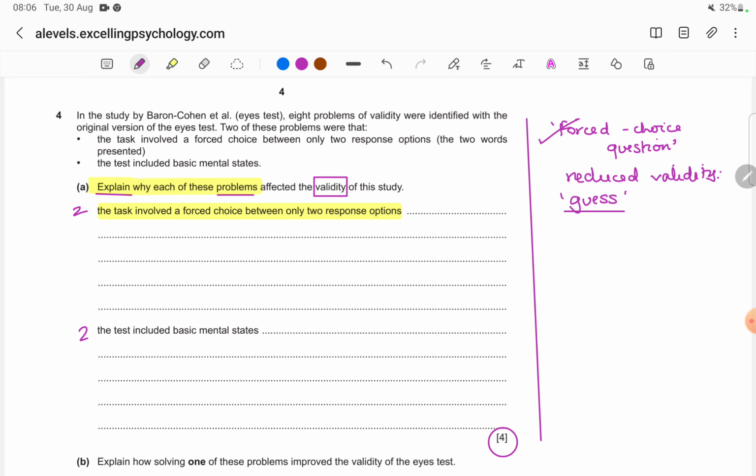Okay, also how do we decide how many different points we should give? Like if we're talking about reduced validity and we know of ceiling effect, narrow score range, guessing, which of these should we discuss and how many of these? See, after all, only 2 marks are being allotted to this question. So 1 mark will go for naming the problem, we'll name it as guessing, and the 2nd mark will be for reasoning, explaining why guessing is a problem in this particular named test, the ICE test. So it's clear we don't need